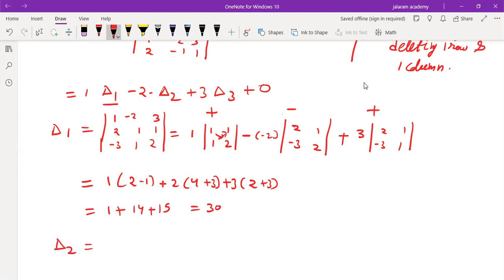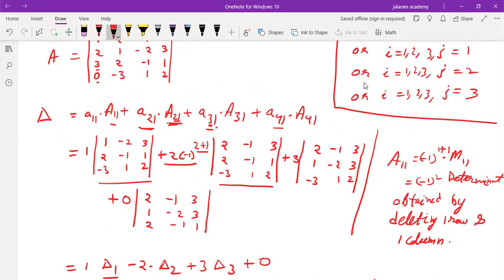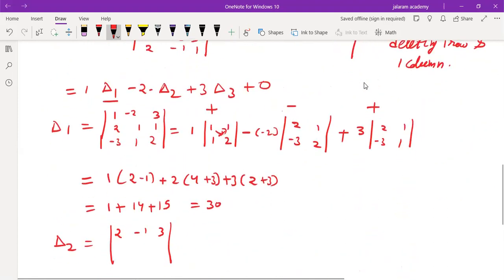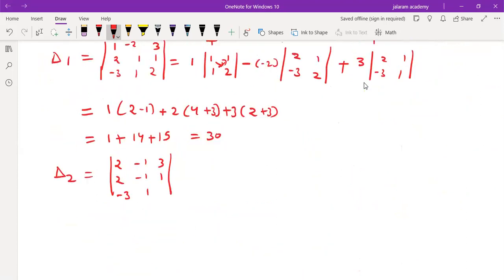Now find the value of delta 2. Delta 2 is the second determinant, this one. So we have to now find its value. 2 minus 1 3, 2 minus 1 1, minus 3 1 2, equals to 2 into, write the determinant obtained by deleting first row first column, minus 1 1 1 2, minus of, so it is minus 1 into the determinant obtained by deleting first row second column, 2 minus 3 1 2,